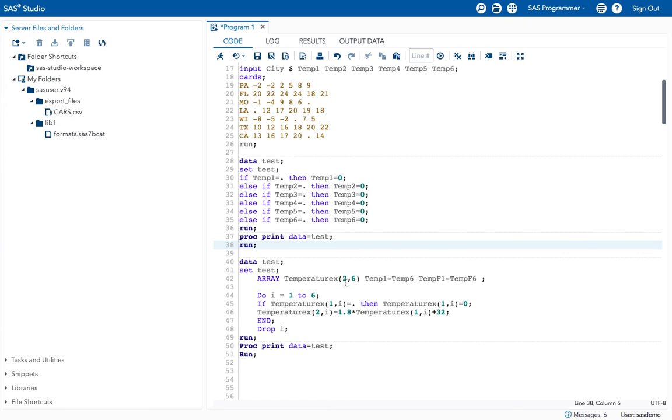When using a one-dimensional array we have to use two array statements, and when I am using a two-dimensional array, I have used only one array statement. That is the only difference here.